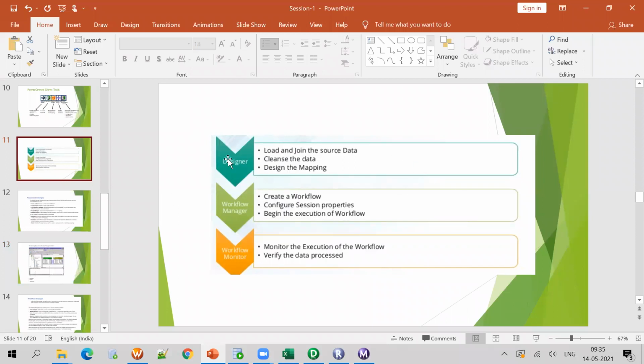Once the mapping is done, we'll go to the Workflow Manager. In the Workflow Manager we'll create the sessions for that particular mapping, and we'll create a workflow. After executing the workflow, the Workflow Monitor will open. There you can see which jobs are present, running, already succeeded, aborted, or failed. Anything we can see in the Workflow Monitor.